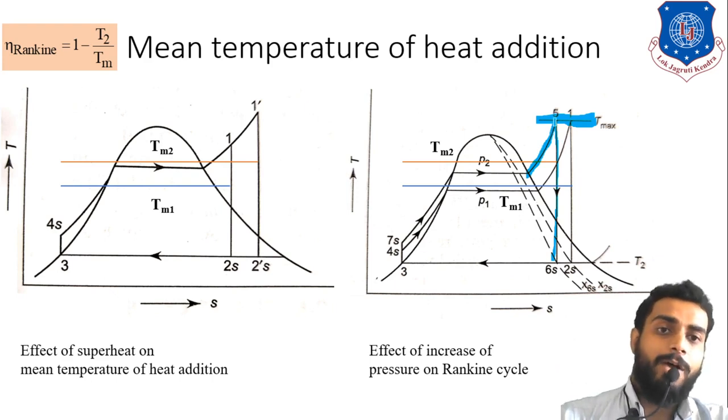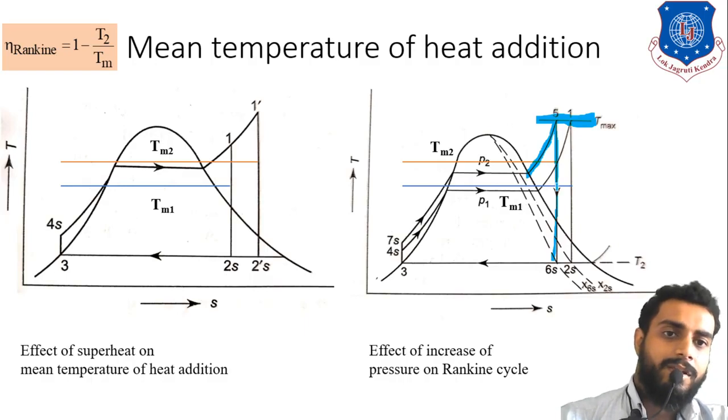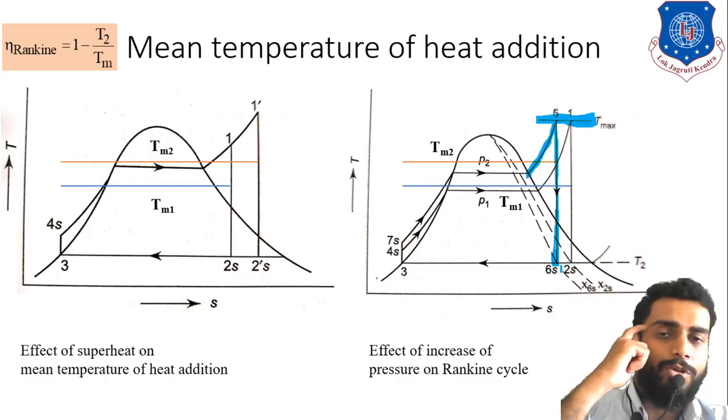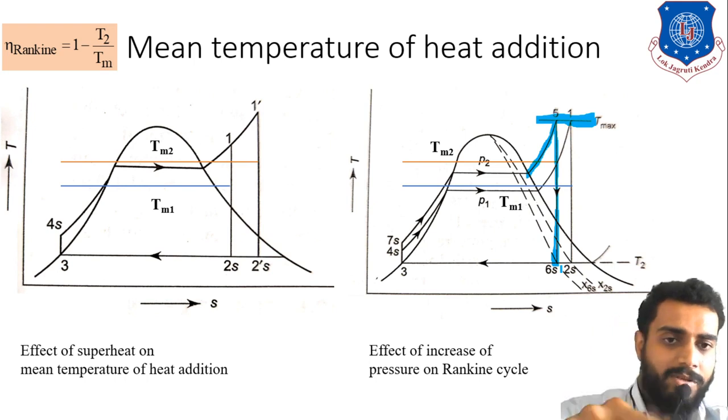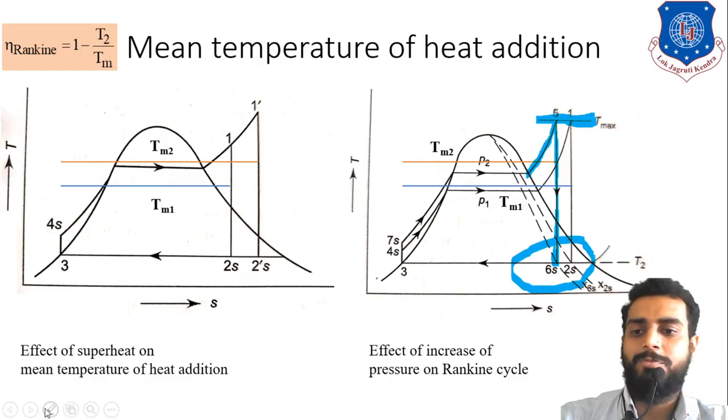So let us assume that we have achieved that temperature during this increase of pressure. Okay, so what will happen now? In this 10 bar case, that is the increased pressure case, the expansion in the turbine will take place like this, right, during this process, that is 5 to 6s. So now the thing I want to tell you guys is, think about this: in this case what is happening, just observe over here, this 6s and 2s point.